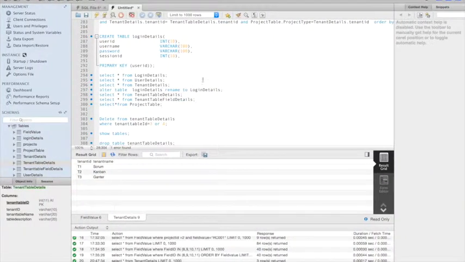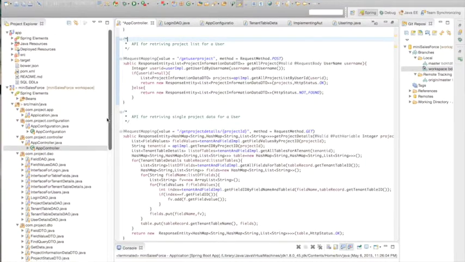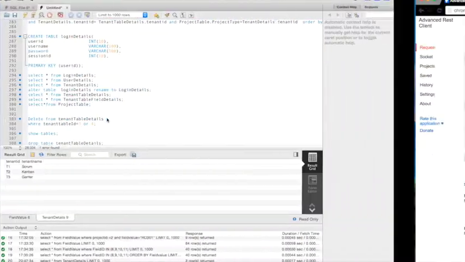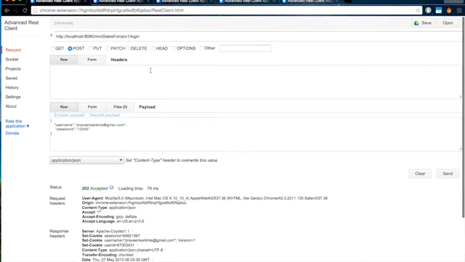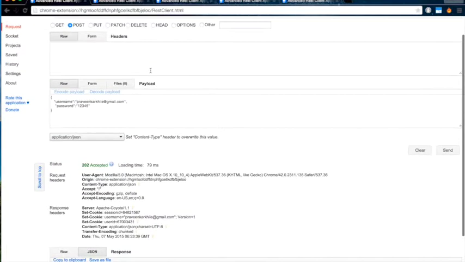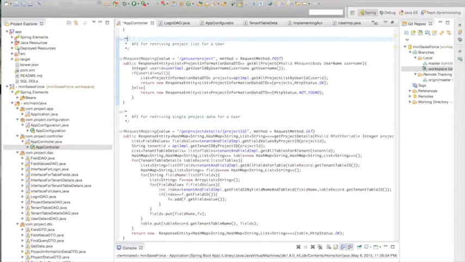So here you can see this is the database. Currently you can see there are three tables, one table in which we have three entries T1, T2, T3 representing the different types of tenant we'll be supporting. This is the code written in Java using the Hibernate and Spring MVC framework so as to develop the REST services. And here is our Advanced REST client, which I'll be using to demo how we can use the REST web services. Although these REST services are consumed by our mobile client to represent the data. So let me first build my project.